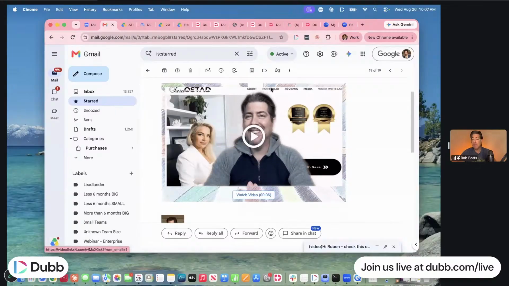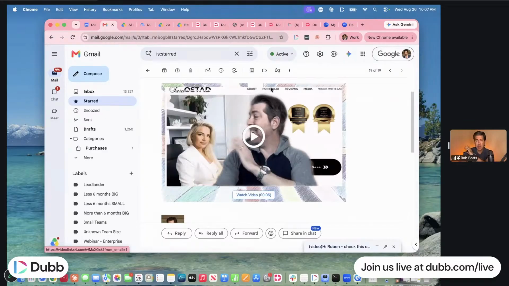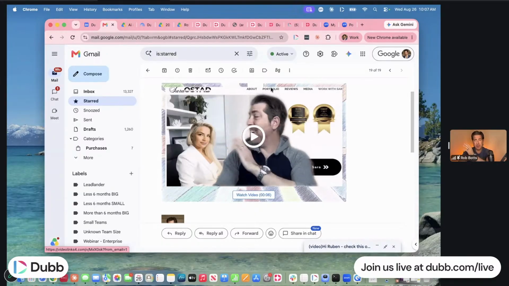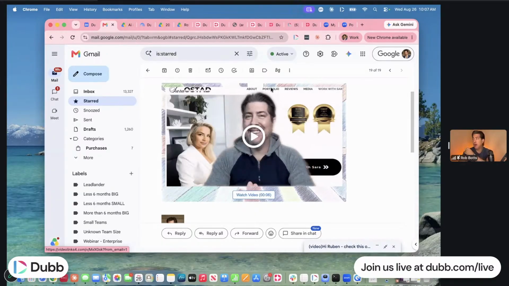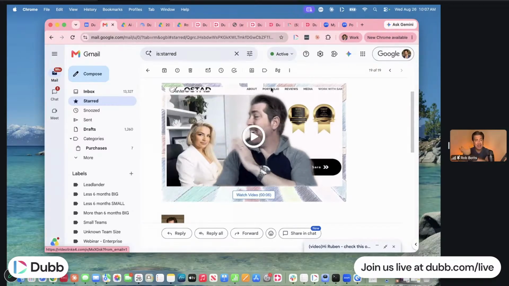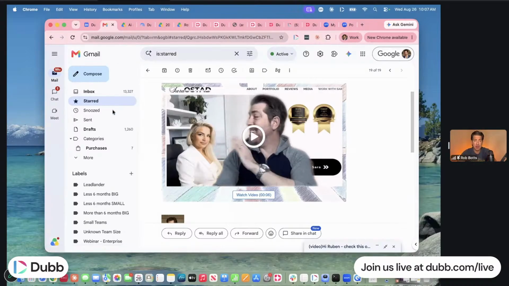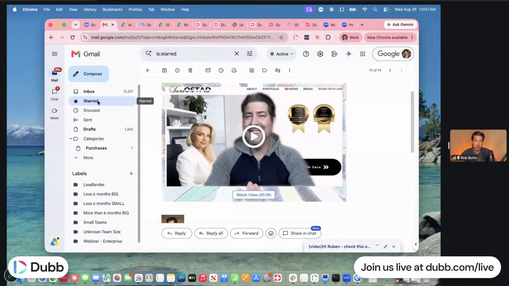In this example, I'm not holding up the hook because I feel strongly enough that the image or video behind me is the hook. So if that's the case, whether you're in real estate and it's a property behind you, maybe you're in insurance, it's a breakdown of a quote, maybe it's a screenshot of an article you want to share, anything that you feel is a good enough reason for someone to click, then all you have to do is do a little head turn and come right back to the camera. Something as simple as that when the video begins.